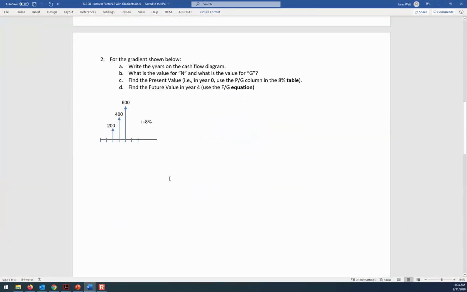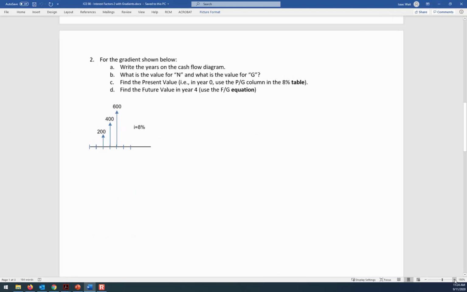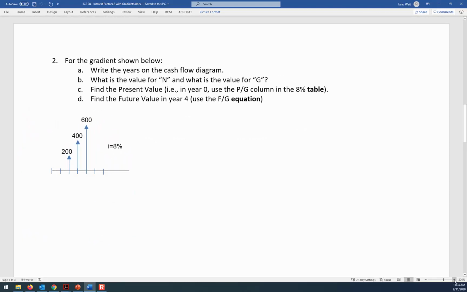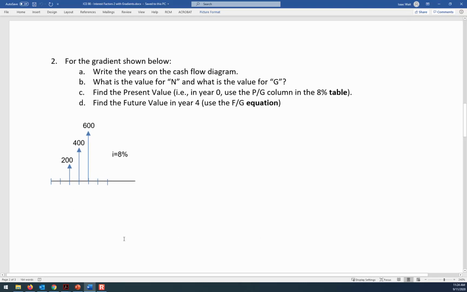All right, so here is our second problem. And just to reinforce in your mind what the typical sequence for a gradient is, I'm giving you a cash flow diagram, and you'll notice that there are no numbers on it yet. I haven't added the years to the tick marks because I want you to write the years on the cash flow diagram for part A,